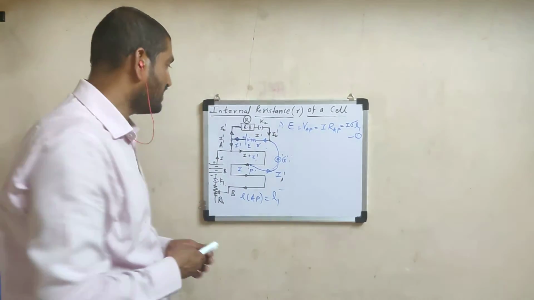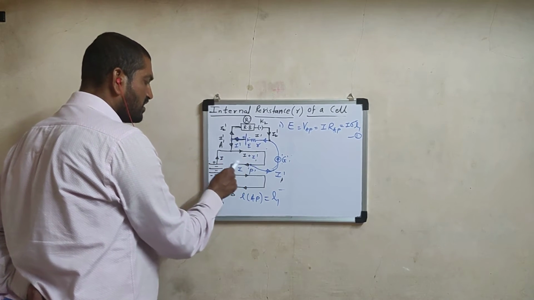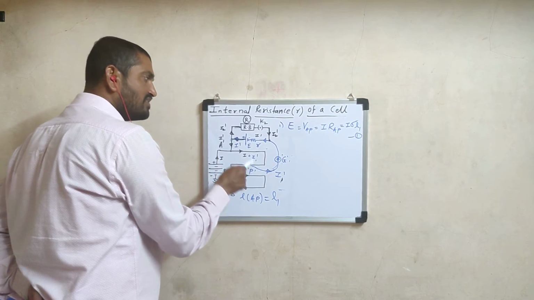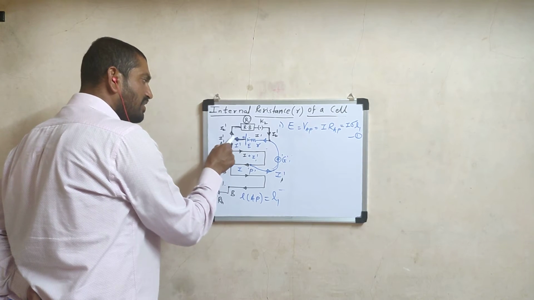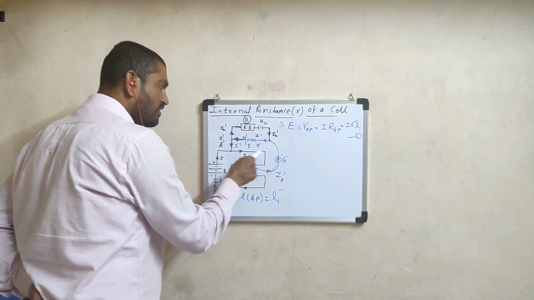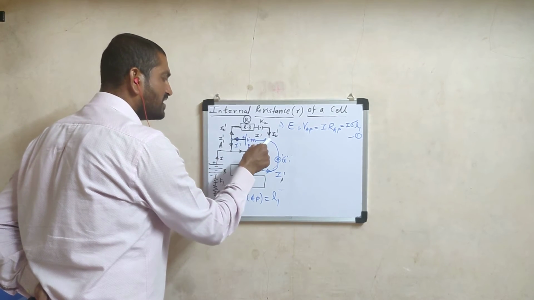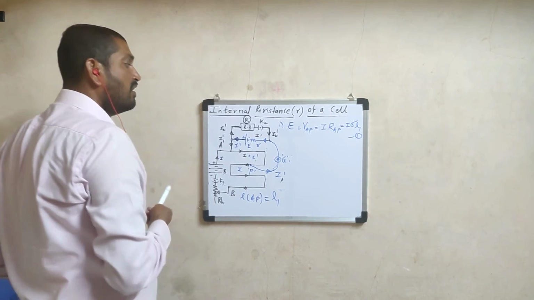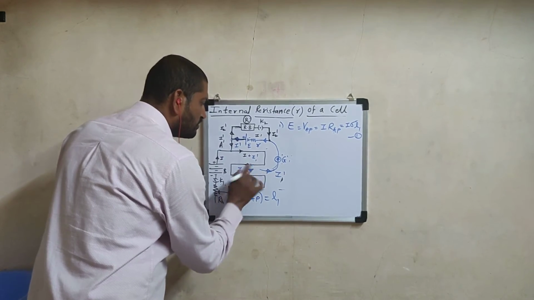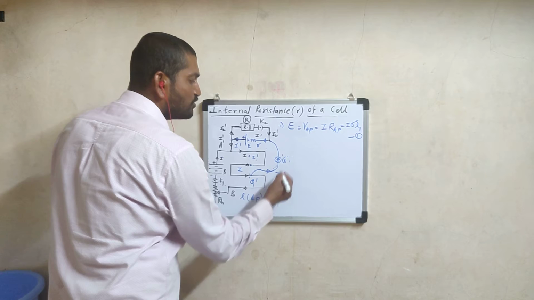Once again, listen to me carefully here. In the main potentiometer circuit, when this key is closed, current I is drawn and continues to flow through this potentiometer wire. When key K2 is also closed and the jockey is touched, the I dash current drawn at this junction is divided into two parts: I1 dash on the lower side and I2 dash on the upper side. I1 dash combined with I both flow up to this point. Then I1 dash and I2 dash from the upper side combine, and I dash is again written here. Now suppose we keep sliding the jockey along the total length of this potentiometer wire and obtain somewhere another point Q, for which once again the galvanometer shows zero deflection.